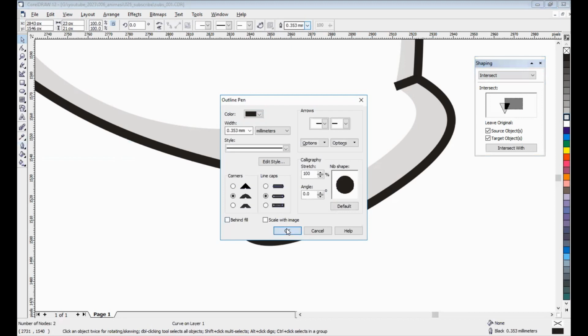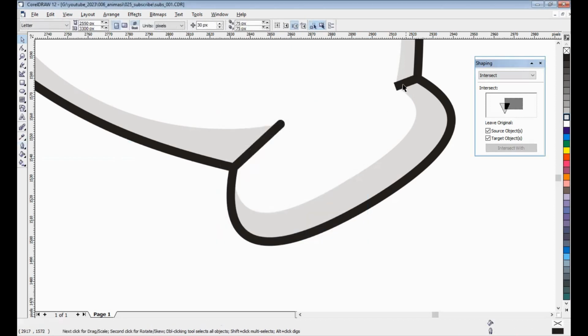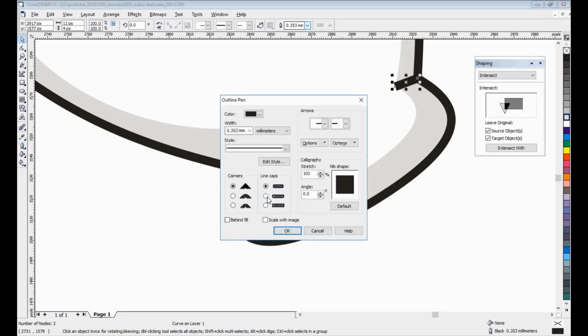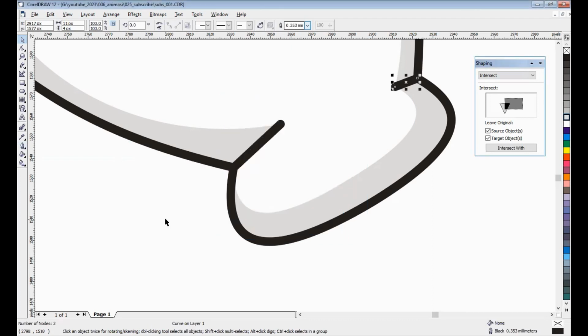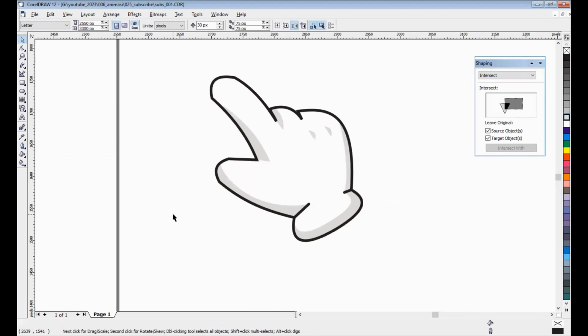Okay, great. Look at the result. Like this, the line cap is rounded. Okay, finish.